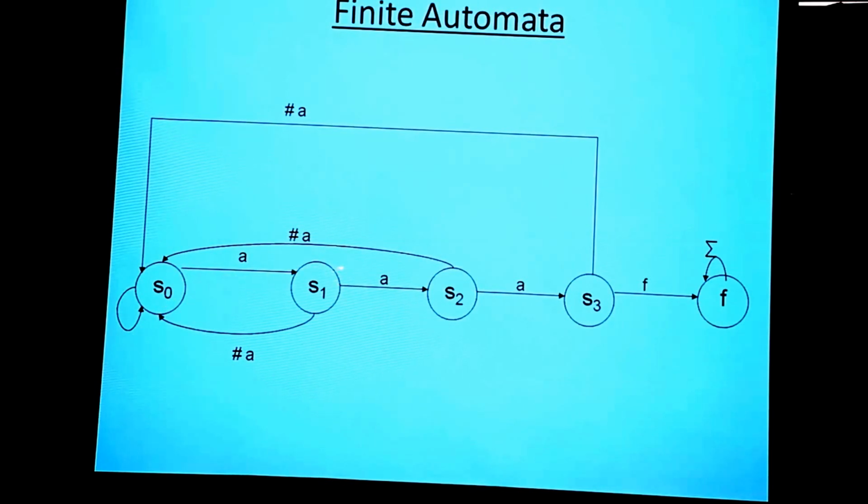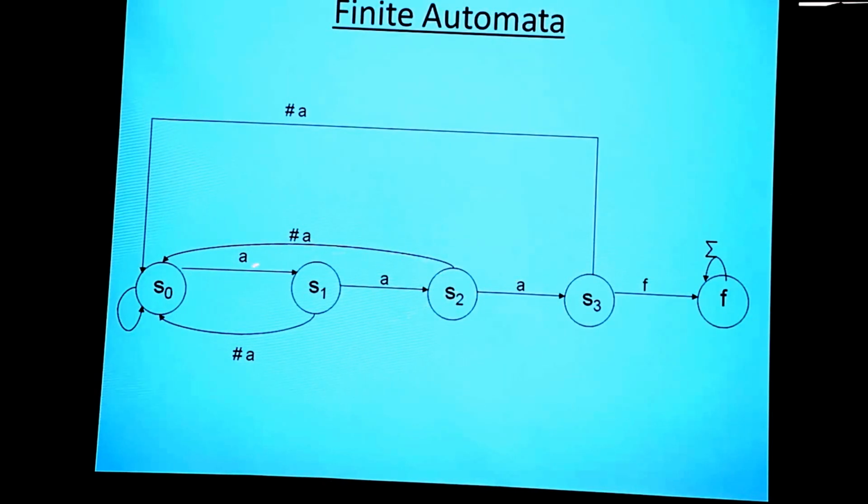If you have seen 1 A, you go here. If you have seen 2 A's, you go here. Anything different from A, you come back. And if you see 3 A's, you come here.